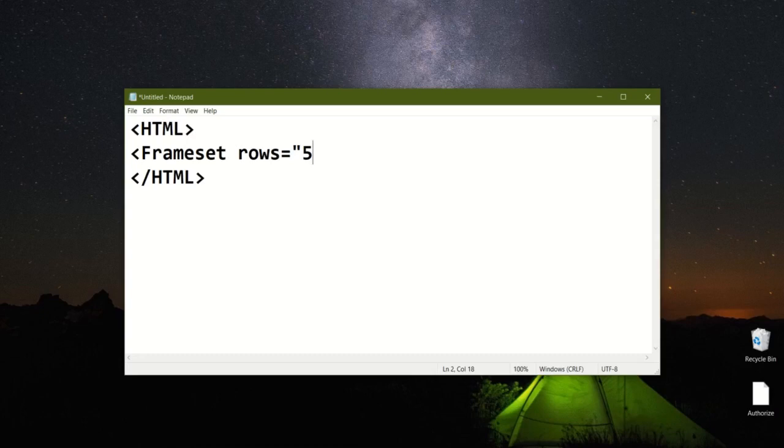Suppose I am giving 50%, and then for the rest portion we can use 50%, or we can use star. Star means the remaining value is automatically calculated. Okay. So, I am using star, and within the frameset